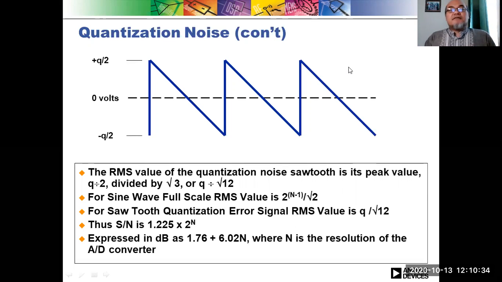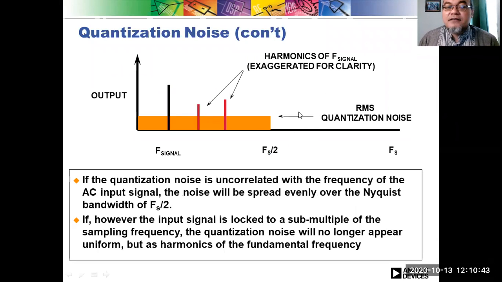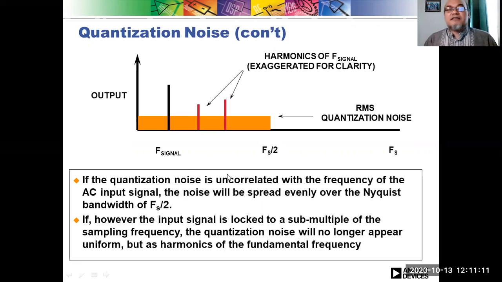Okay, so let's continue. We have discussed the quantization noise. If the quantization noise is uncorrelated with the frequency of the AC input signal, the biomedical signal in this case, the noise will be spread evenly over the Nyquist bandwidth, which is the sampling frequency divided by 2. Uncorrelated means here that the noise comes from somewhere else. So if that quantization noise is not related to the AC input signal, we have here